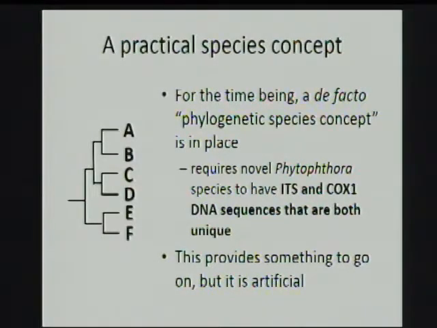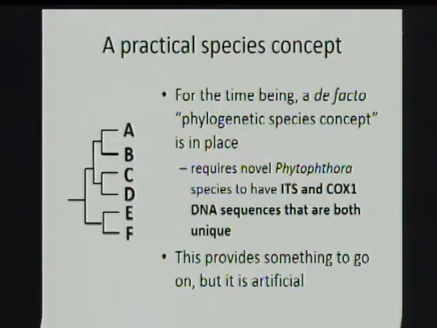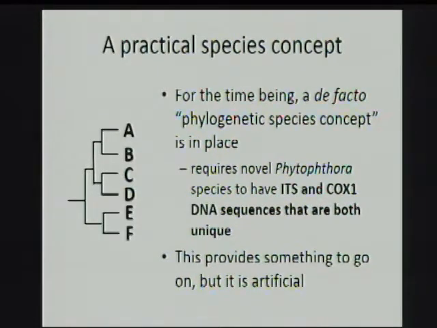So bringing us to, and I'm nearly done with this story, and we can talk about the real examples, what are we doing right now? So we have this new tool. We don't want to give up the new tool. It gives us all this precision. So we have gone back to an artificial species concept. Essentially, if you can show based on sequences that what you have is different than anything that's already out there, then you're cool calling it something new, describing it as a new species. That's the criterion. And that's great.